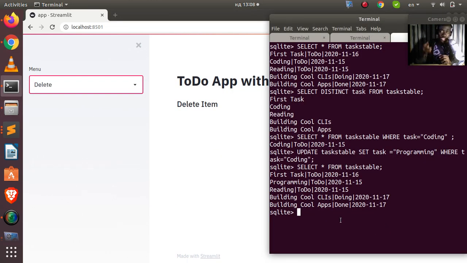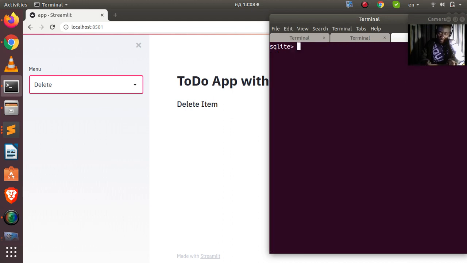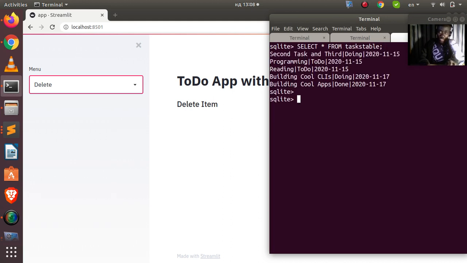So for the deletion, we are just going to go back. So making a deletion in SQL is just simple. Just go with delete. So let's say I want to delete something. So let's go back again. Because I want to delete something, it's going to be like this. So delete. Then just specify what you want to delete, right? It's very simple. Doesn't take a lot of time. So delete from my task table. What do I want to delete? I want to delete a particular stuff, right? So delete where